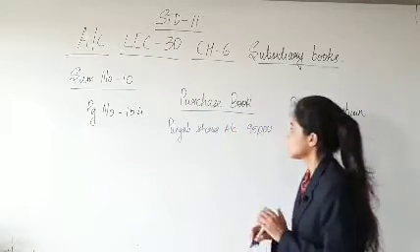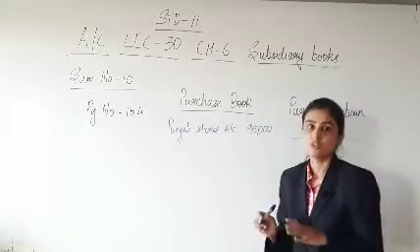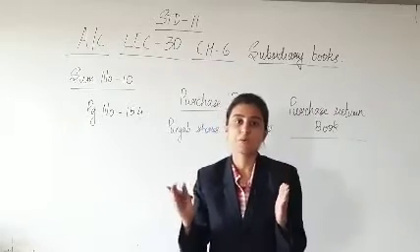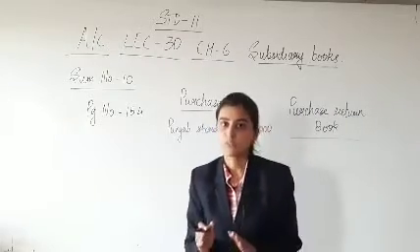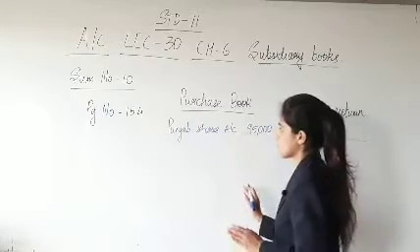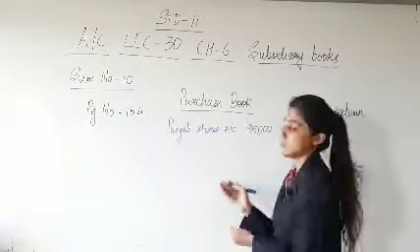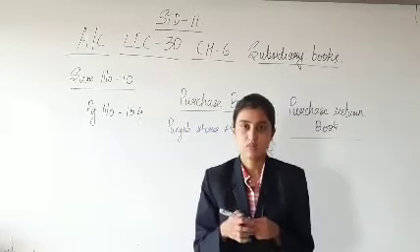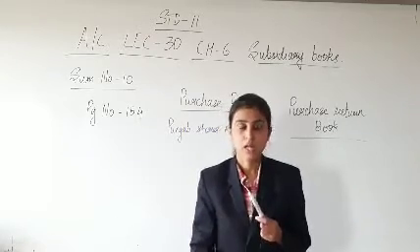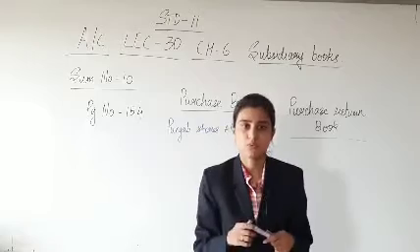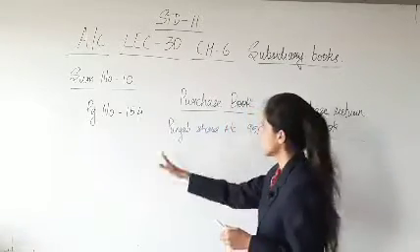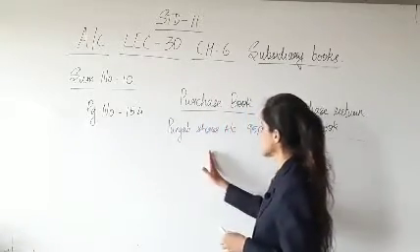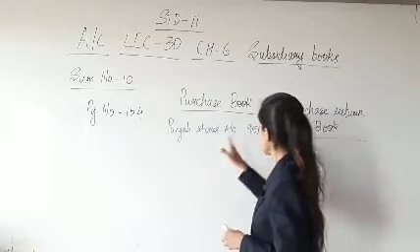I repeat, I am writing it roughly. You are supposed to write it in a proper format. You obviously know the specimen of purchase book. I am just giving you an idea that this is how you are supposed to record. Yes, I am just explaining you the sum. Actually the sum is to be done by you. Yeah. So the date, the way we are writing, this is just the name of supplier and this is the amount.